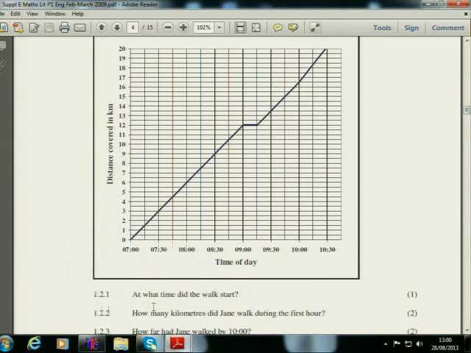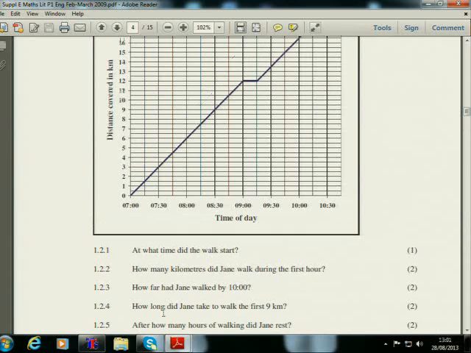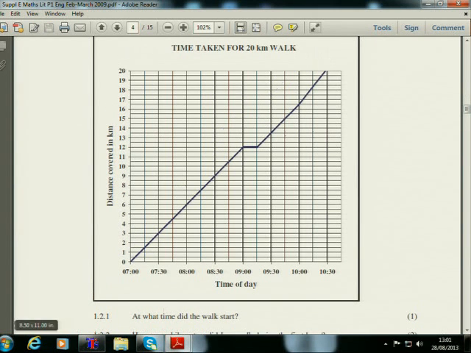Going through to the next one. I'm sure this is easy for other learners because they can easily read the graphs. 1.2.3, how far had Jane walked by 10 o'clock? Now we can see the times on our horizontal axis, but we will again go up the graph until we meet the graph, so that we can go across to the left to see how far, because far means distance. How far had Jane walked by 10 o'clock? If you look at our graph, when we go up from the time 10 o'clock and go across to our left,